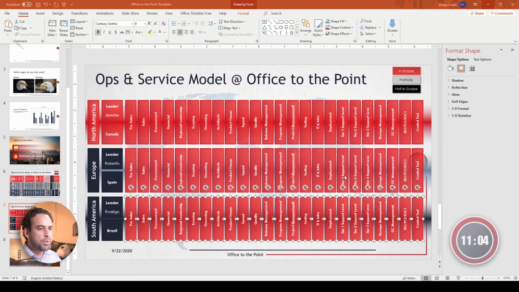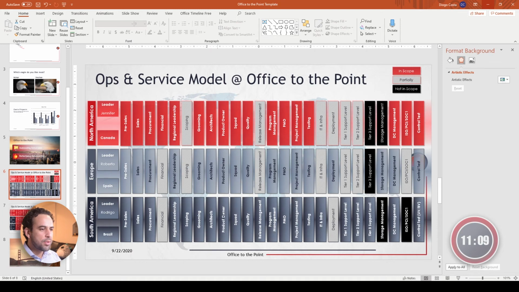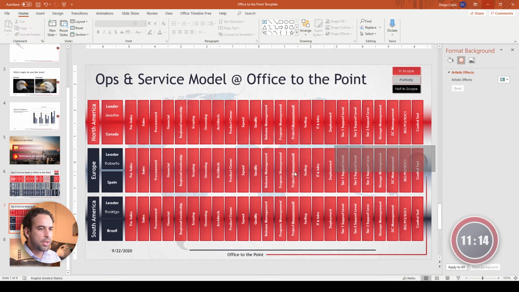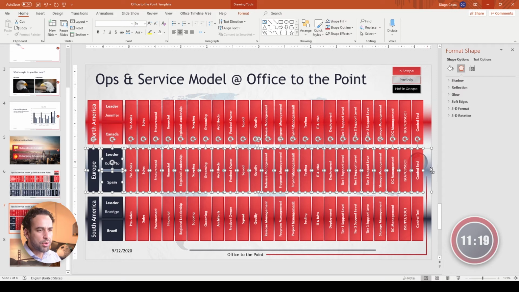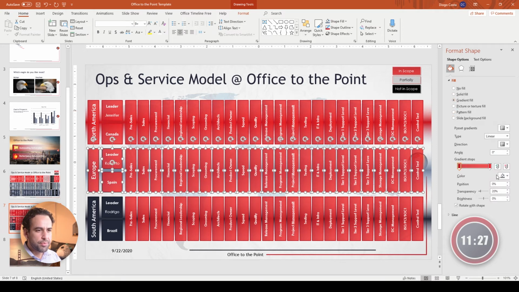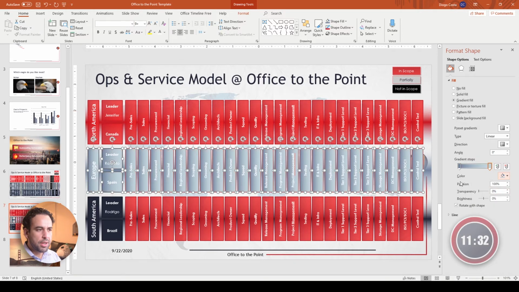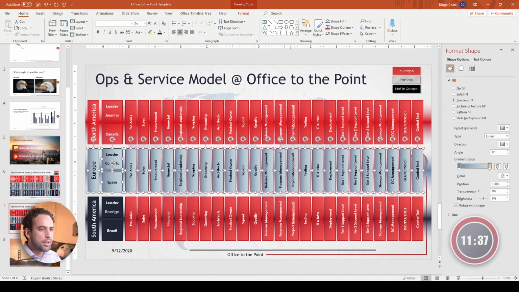Alright guys, this is where we stopped. We just duplicated these elements down. Let's continue. Now let's put these gray and darker gray colors. So I will just select, dragging around all the boxes. See? Holding Ctrl, click on the background again to unselect it. I will go here to the fill and line, gradient fill, and I'll put the darker gray and lighter gray on each side of this gradient. Then I put the font as black,